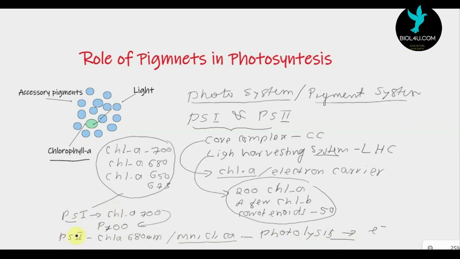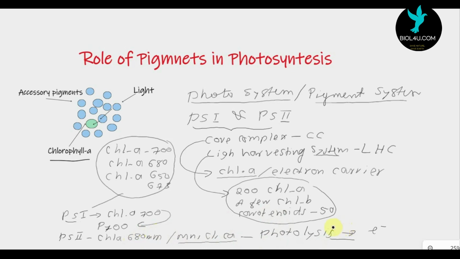But in non-cyclic photophosphorylation, both PS1 and PS2 are involved. First PS2 expels an electron, and this electron is accepted by PS1, and PS1 then transfers the electrons, which helps to produce NADPH, and meanwhile it also produces ATP. So in the non-cyclic, the electron cannot reach back, and the electron comes from the splitting of water. So in non-cyclic photophosphorylation, both ATP and NADPH are produced, but in cyclic photophosphorylation,